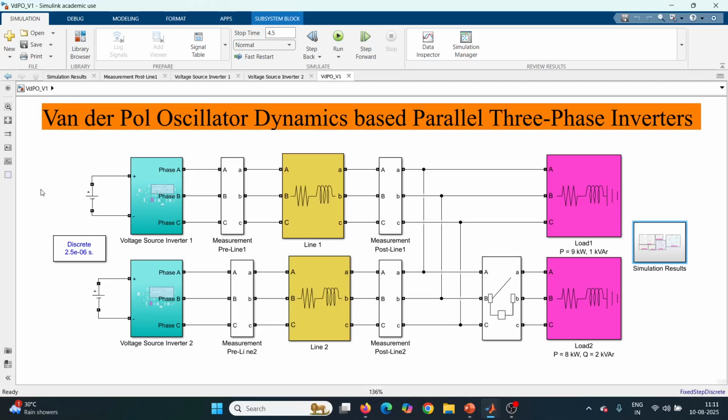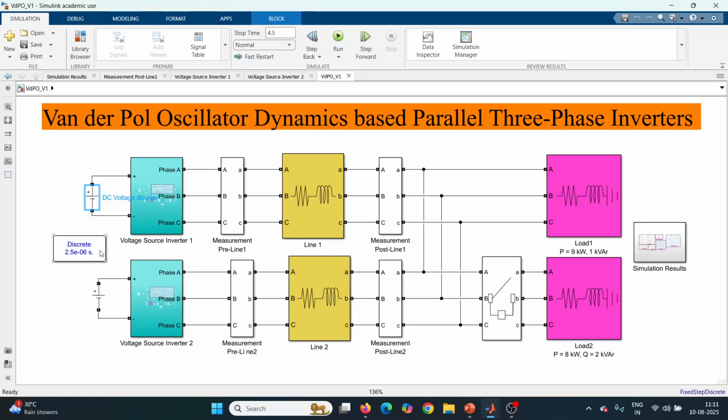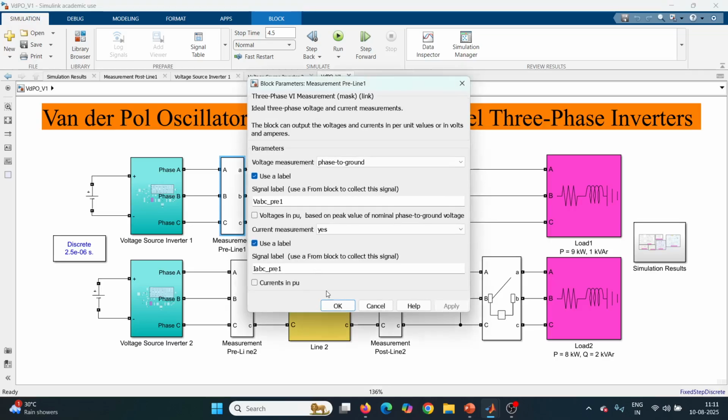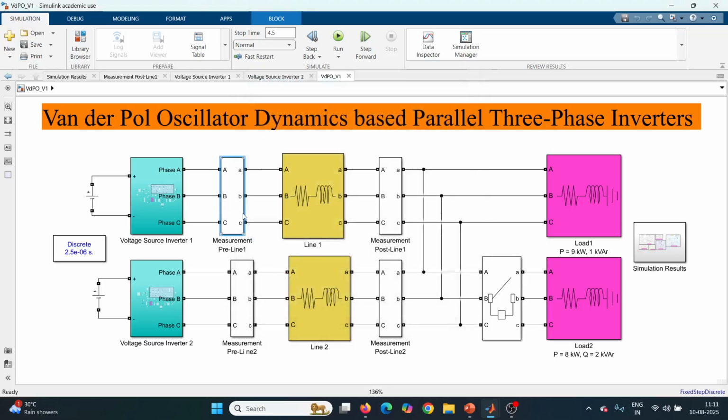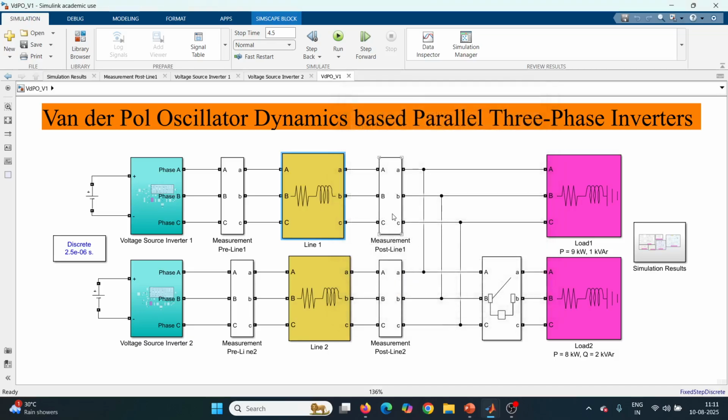So this is the schematic of virtual oscillator dynamics based parallel three-phase inverters. We have a DC voltage source of 750 volts, and then we have a voltage source inverter with the controls, and we have this measurement line, which is called the bus. And then we have line impedance whose parameters are set as R line 1 and L line 1. And then we have this measurement post line,